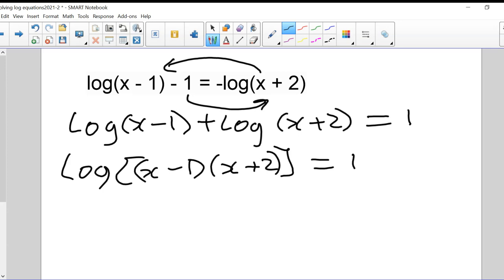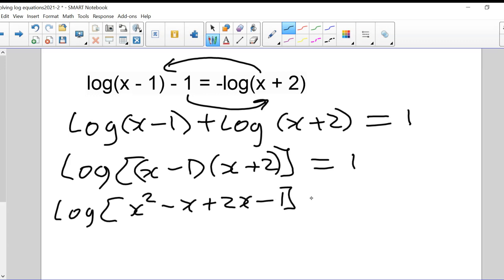Okay. So solve how? How do we solve from here then, Harish? All right, we've done that. Change it to two brackets. Multiply the two brackets in the log. Okay, let's do that. So it's the log of, let's see now, that's going to be x squared minus x plus 2x minus 1 equals 1. All right, all I'm doing there is FOIL, multiplying the two brackets out,